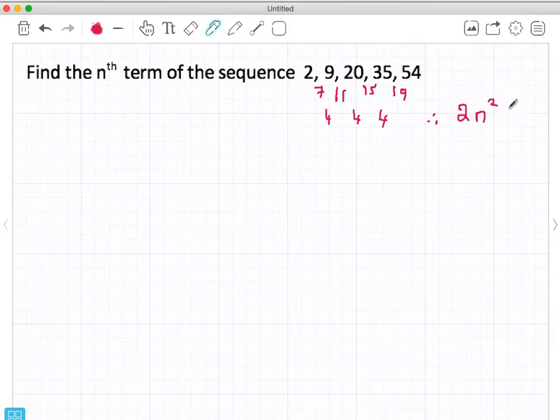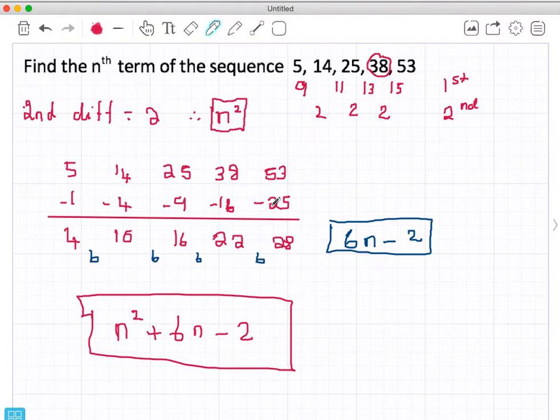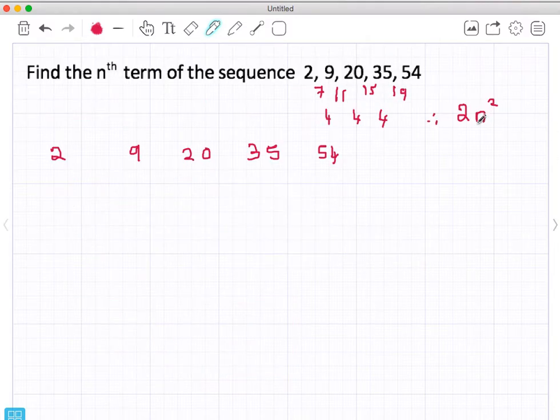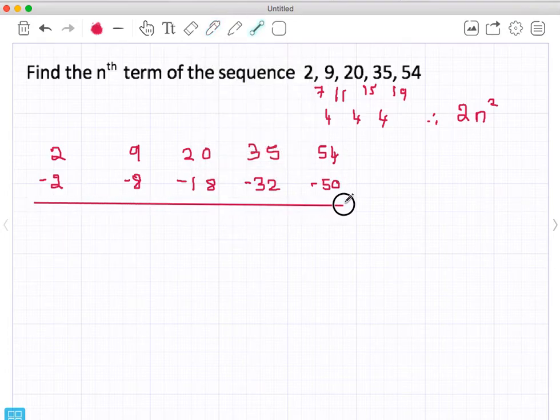2n squared. So now I'm going to write out my numbers again, 2, 9, 20, 35 and 54. Remember last time we wrote out the square numbers and took them away. Now I'm going to do the square numbers but times them by 2. So 1 times 2, 4 times 2, 9 times 2, 16 times 2, and 25 times 2. I'm going to take all these away, so I'm going to end up with 0, 1, 2, 3,